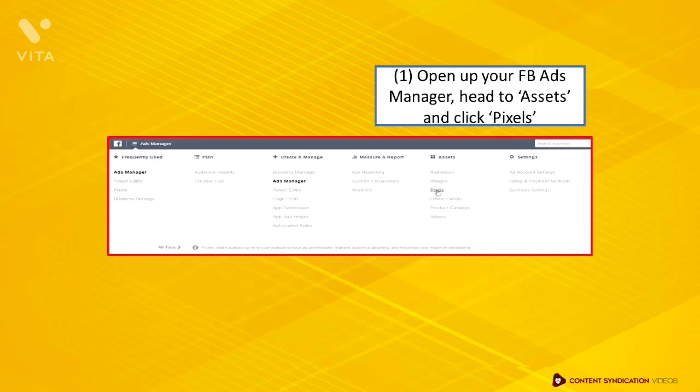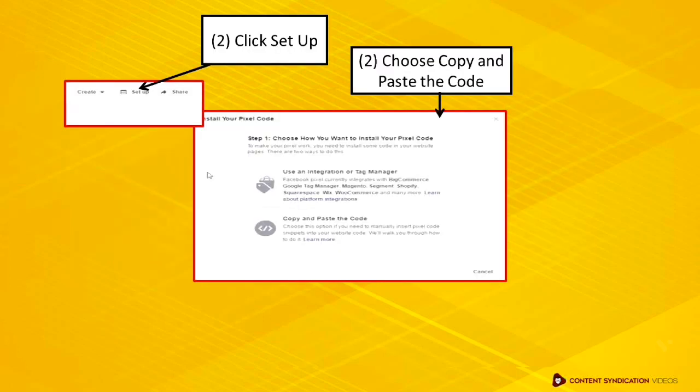Then on the top left, you click on the Ads Manager where you'll be directed to several options. You just need to go to Assets and then further down you're able to spot the Pixels option. Click on Pixels. On the next page, you click on Setup, which is at the right-hand corner of the page.